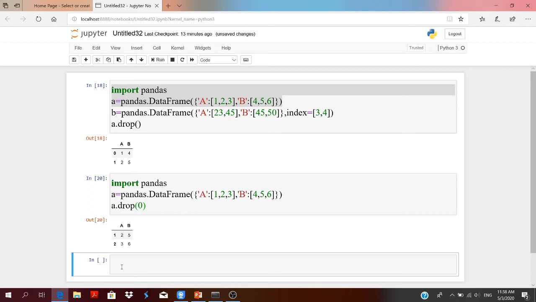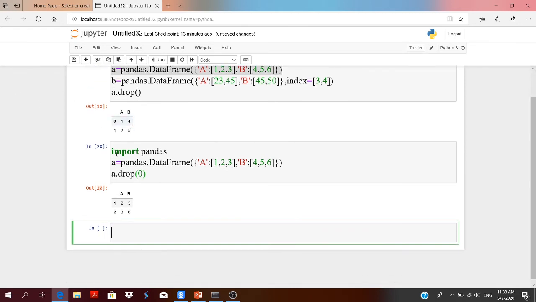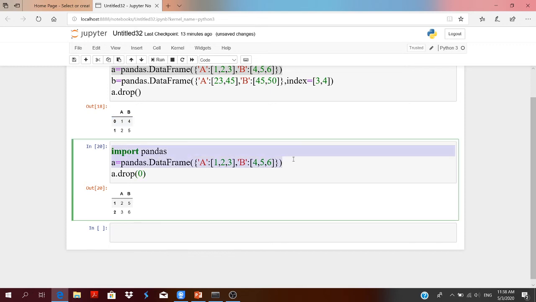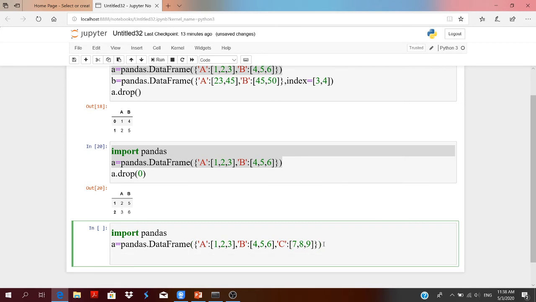Now let us move on to the next example in which you can select rows and columns of your data frame. Let us take the same example. Just add another third column. See first what is your data frame.